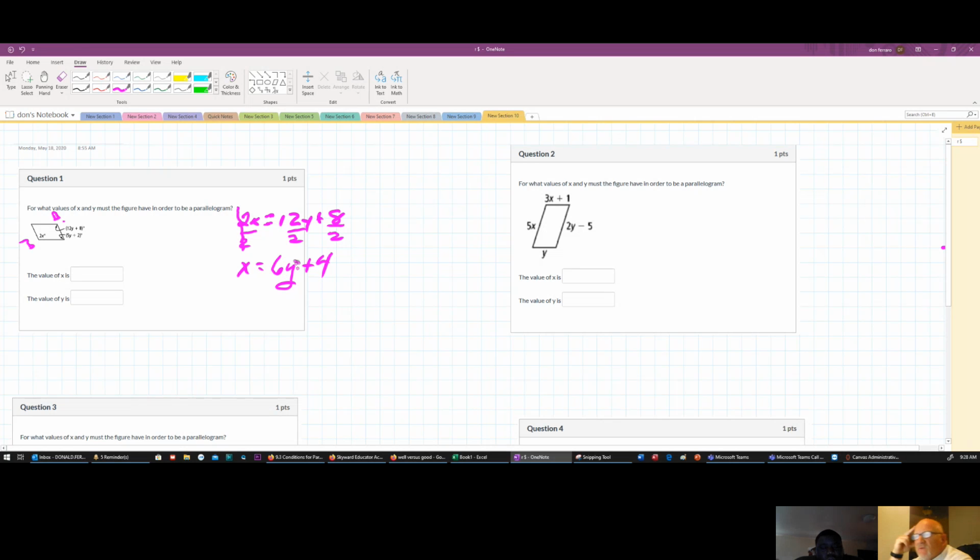If I know that x is equal to 6y plus 4. Oh, well, hold on a second. I got a better way to do this. Hold on one second. Because we can solve for y, because we already know that these two angles are supplementary. So here,